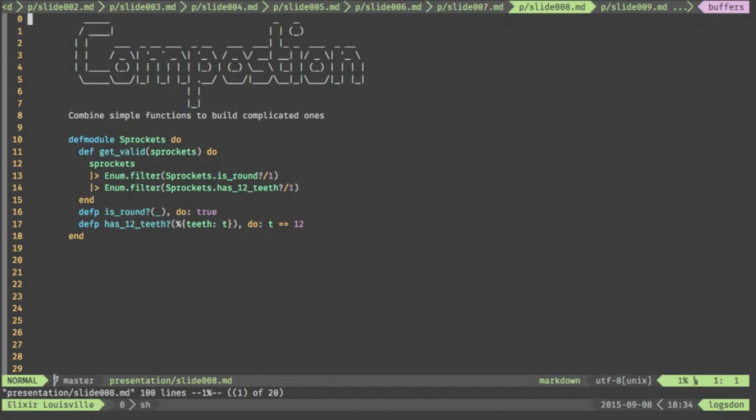So composition. We're combining simple functions into complicated ones. Here we have a sprockets module. This could be like a helper module for a model that you might have in Ecto. So we want to get the valid ones. Valid is completely arbitrary here. As we can tell, we're saying all sprockets are round, just because. And then our other stipulation is that it has 12 teeth. So here we're using some pattern matching to grab that teeth amount, and then creating a Boolean value from that